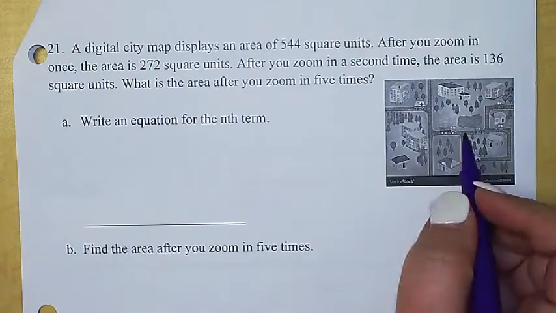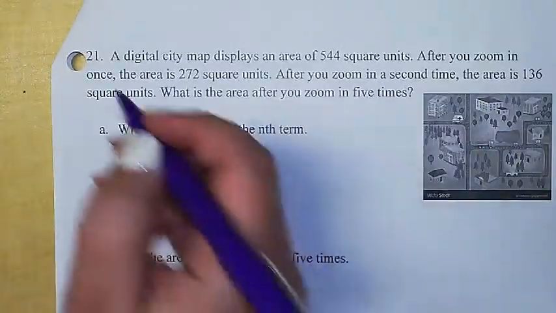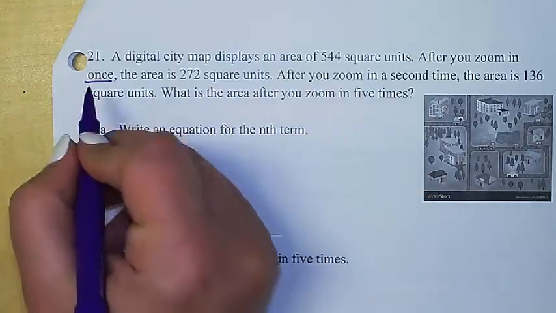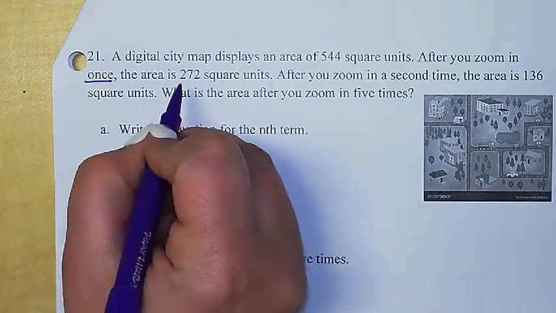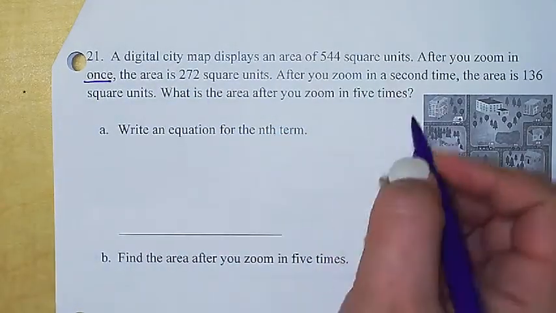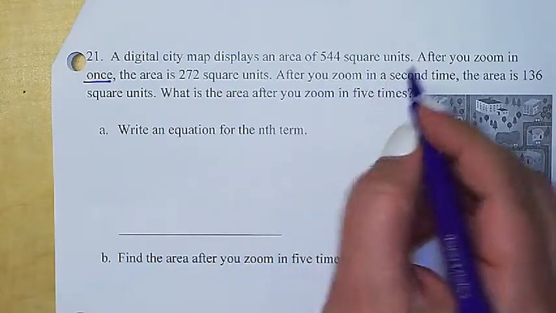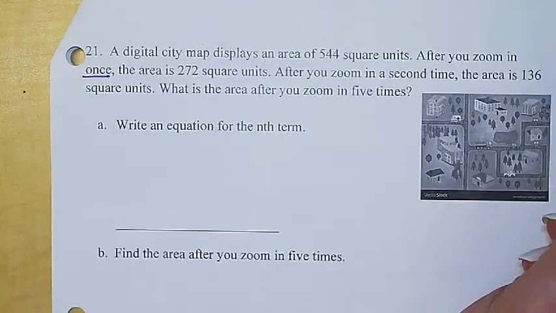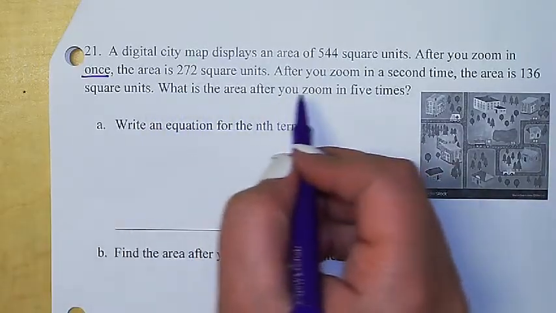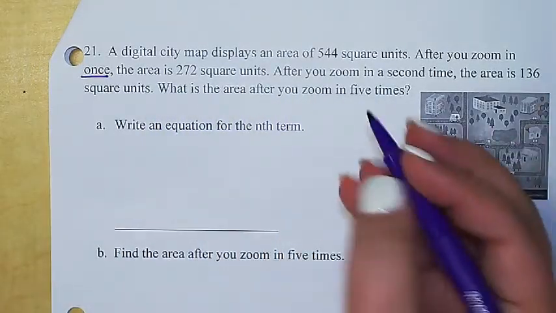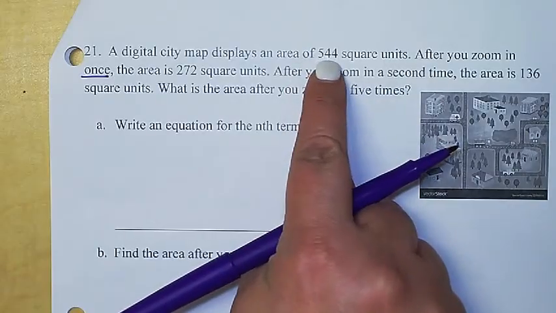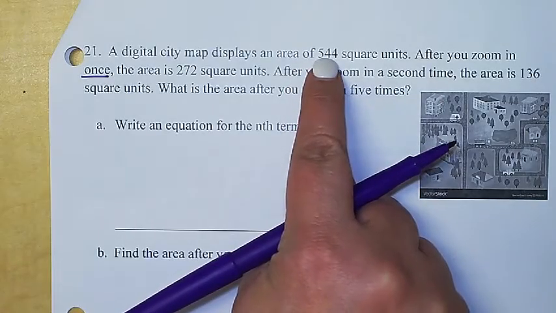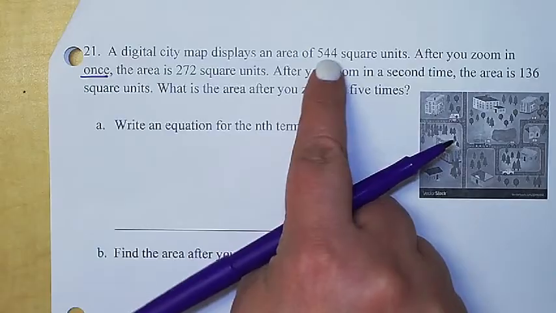So that's the initial. After you zoom in once, so think about that. This is like one zoom, then you have an area of 272. After you zoom in a second time, you have an area of 136, and so on. And we want to know what is the area after you zoom in 5 times. So you want to be careful here, because you might be tempted to make this your a sub 1, but this is actually with 0 zooms, no zoom